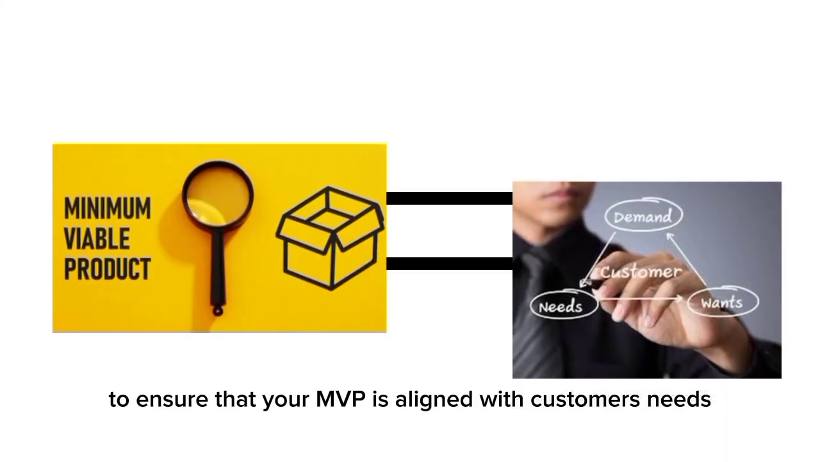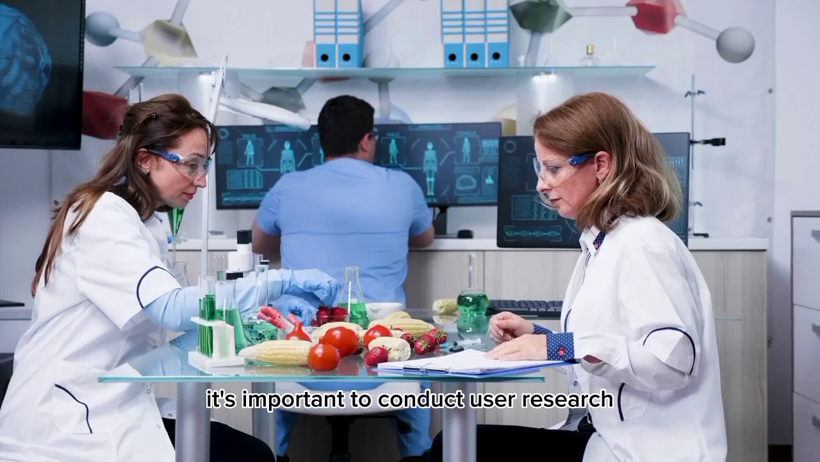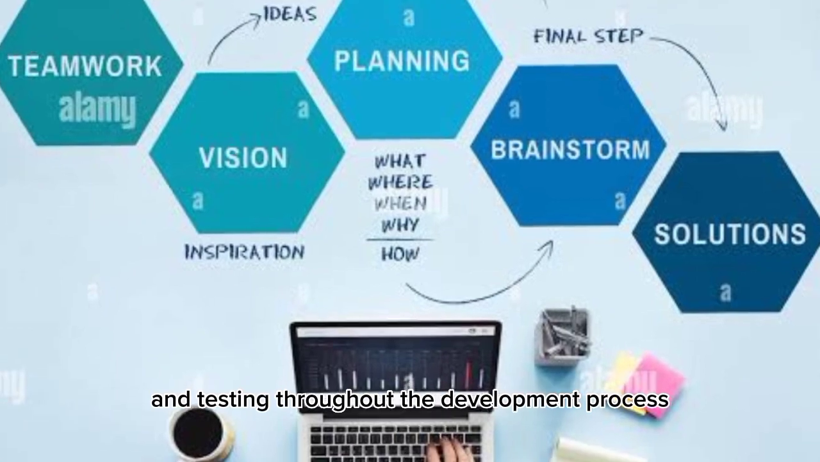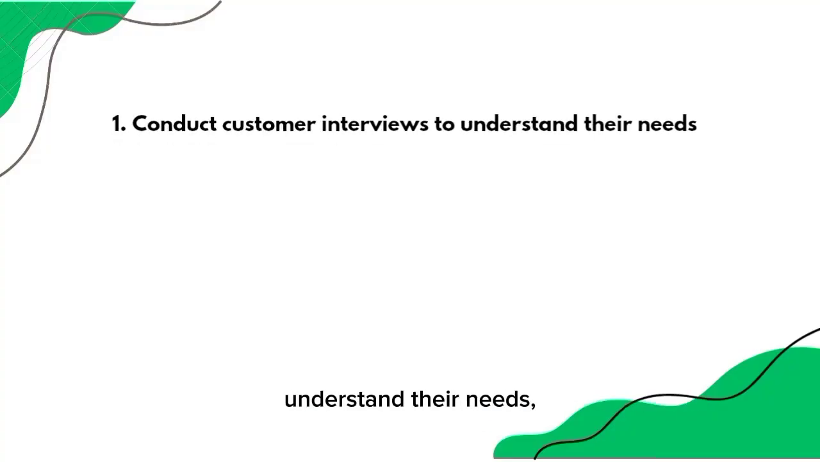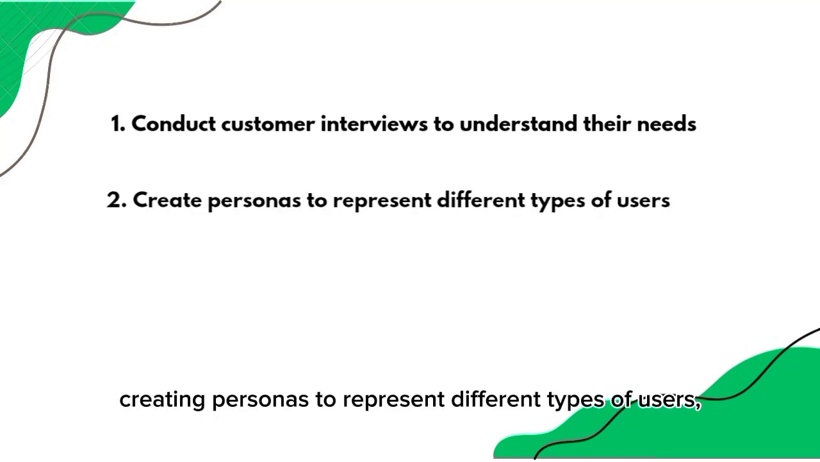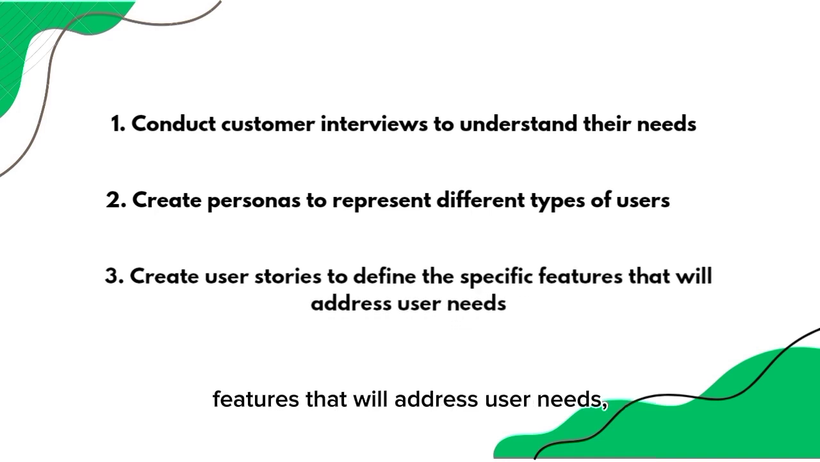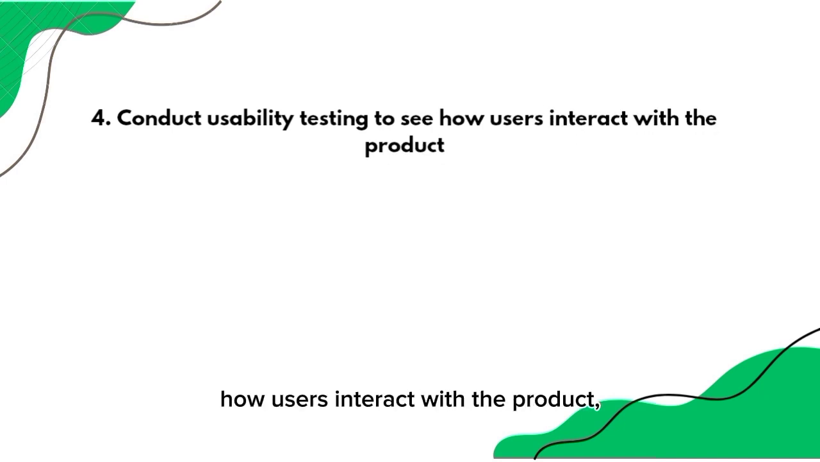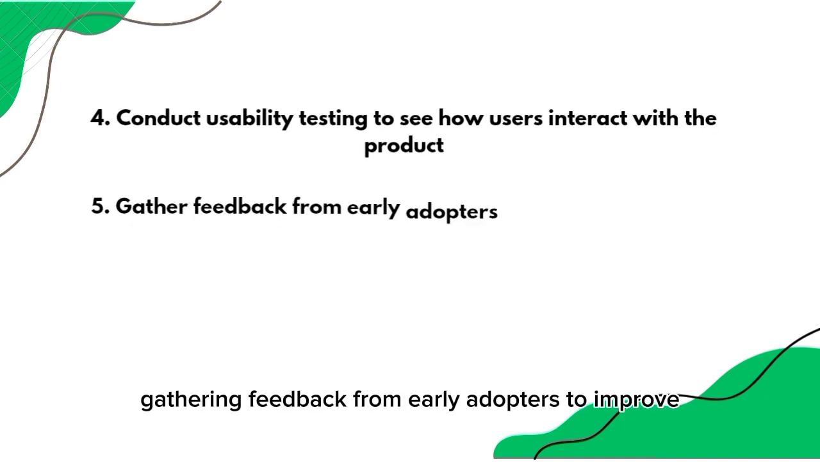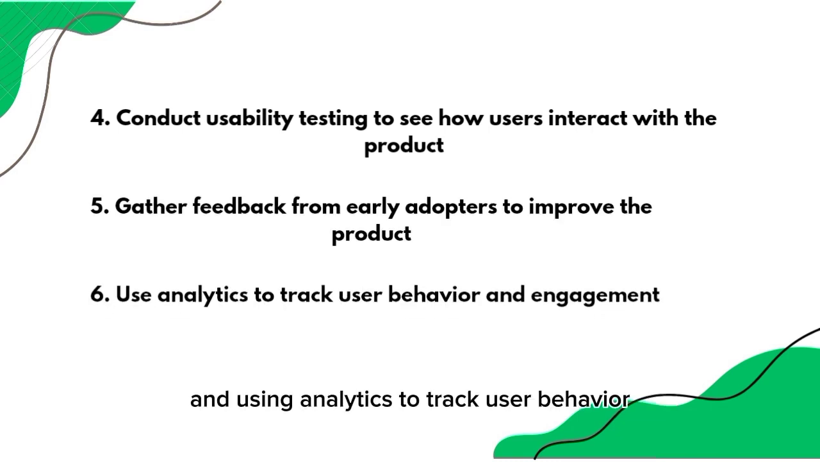Lesson 3. How to ensure your MVP is aligned with customers' needs. To ensure that your MVP is aligned with customers' needs, it's important to conduct user research and testing throughout the development process, which should include conducting customer interviews to understand their needs, creating personas to represent different types of users, creating user stories to define the specific features that will address user needs, conducting usability testing to see how users interact with the product,